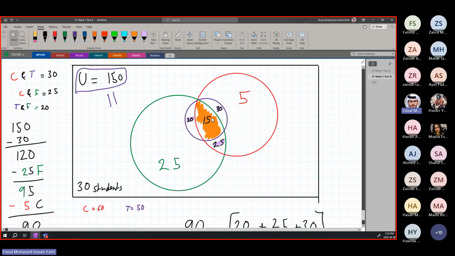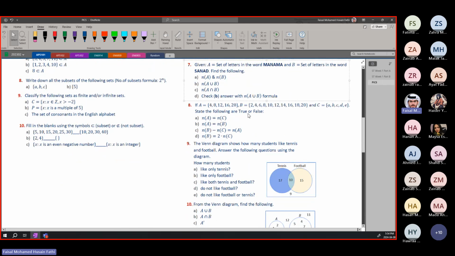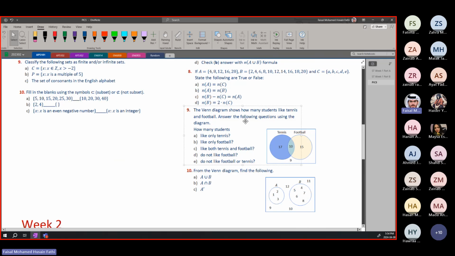All right. So this is what the Venn diagram is. I know this might have not been very clear. It's because I was mashing up a lot of concepts together in one, but I will explain the Venn diagram a bit more, and maybe when you go back to this question, you will have a better idea of what the Venn diagram is. I am going to skip most of these questions. They are very straightforward. All right. I want to do one more Venn diagram question so that you guys understand how to use a Venn diagram.